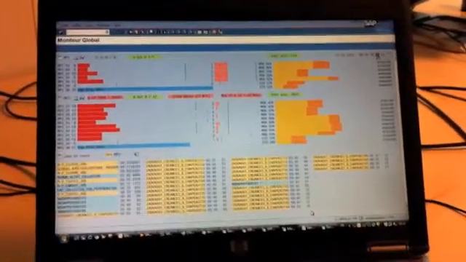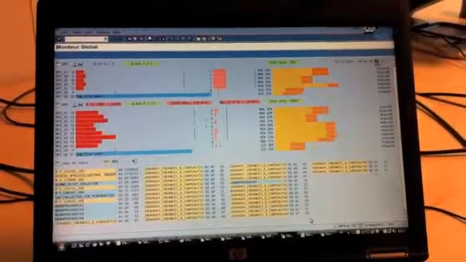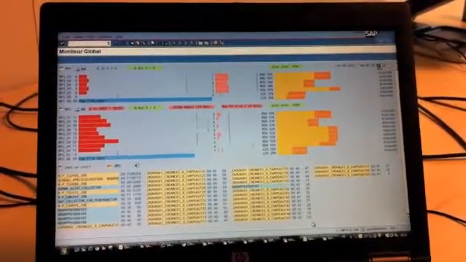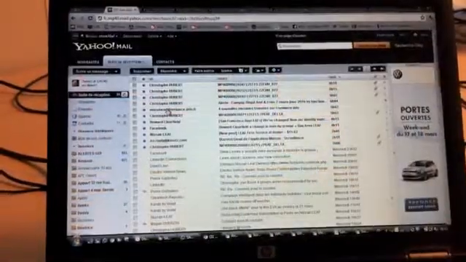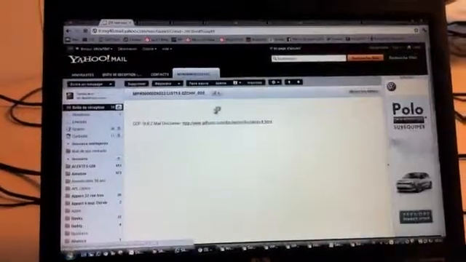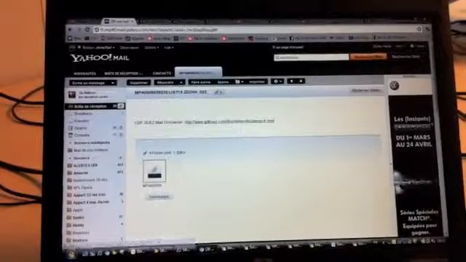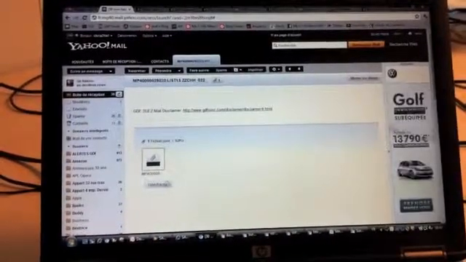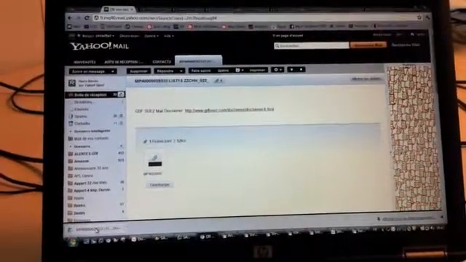So what you can do from this main monitor is drill down to the root of your problem. You can click on almost everything and find out what's going on, what's the cause of a problem, something slowing down. Here in my inbox I just received an email,